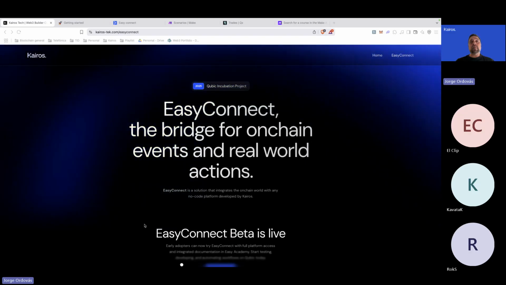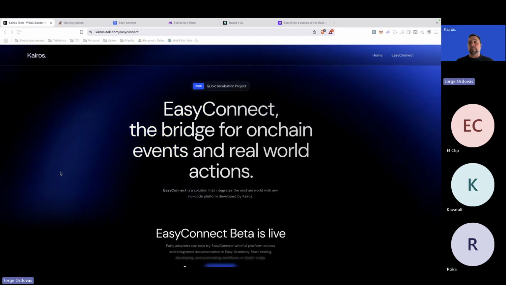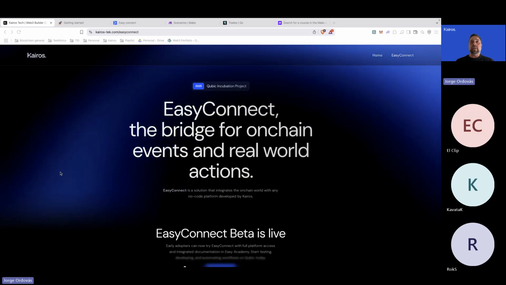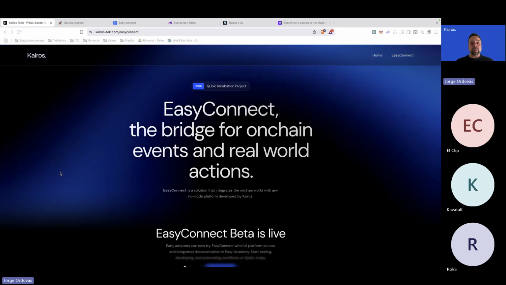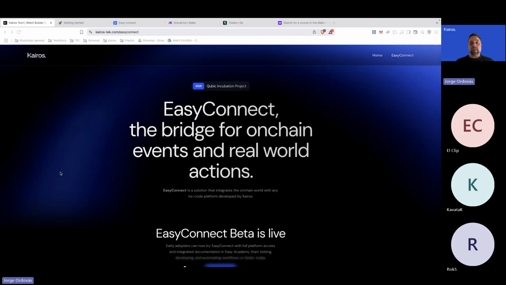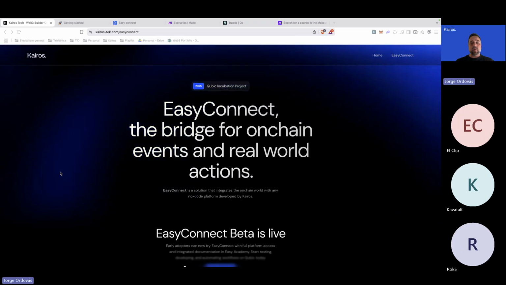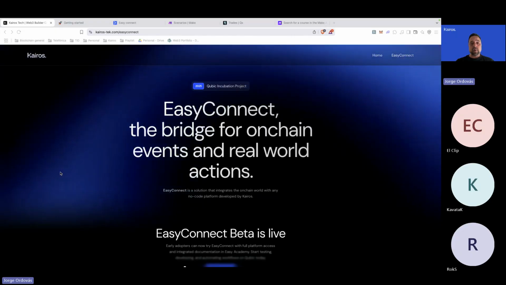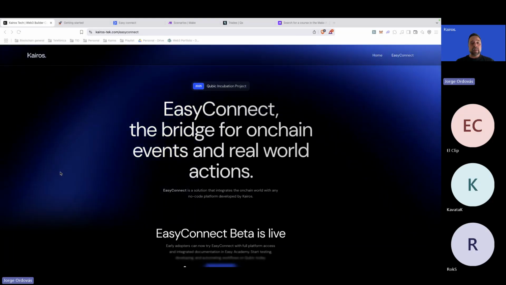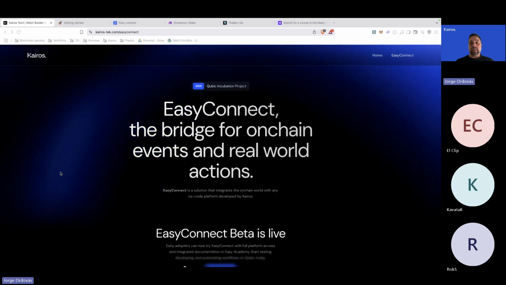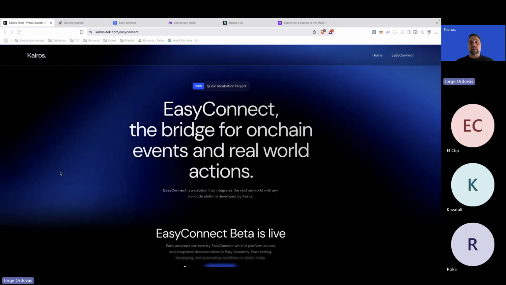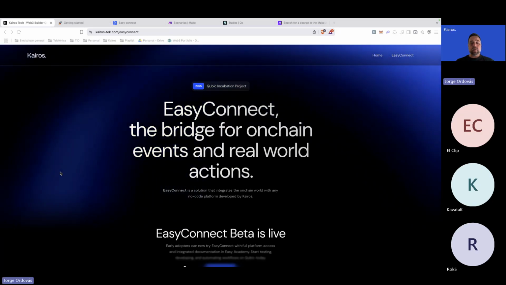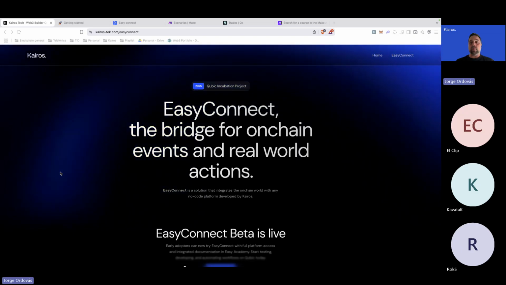So first of all, some history. We started EasyConnect in the first hackathon that Qubic held in Madrid. We won the second prize in this hackathon, and after that, we proposed EasyConnect and obtained, through the ecosystem, what we need to develop. And this session is the first one we are publishing to show all the people in the Qubic ecosystem why